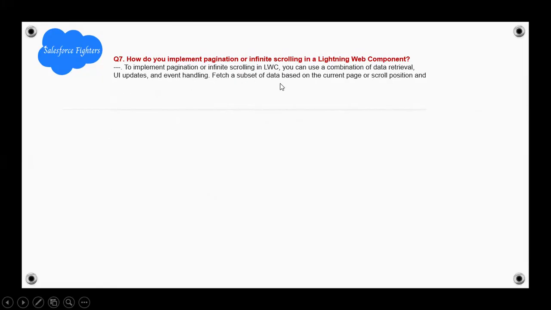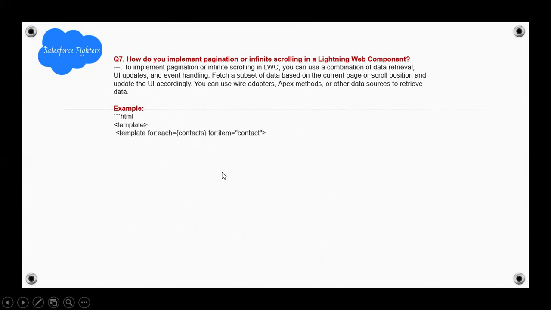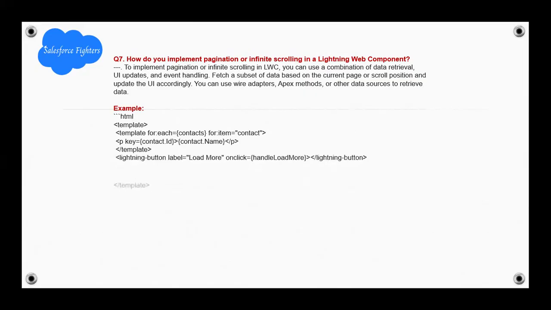Page a subset of the data based on the current page and scrolling position, and update the UI accordingly. You can use wire adapters, filters, or the data source to retrieve data. Examples: HTML template for each component, load more, and